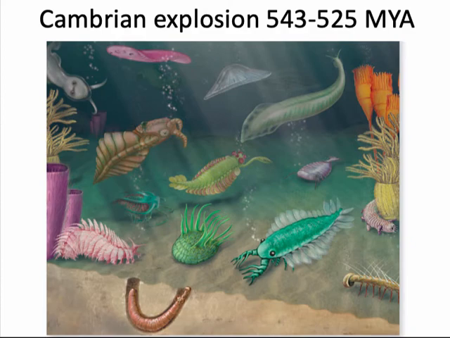One of them was enough oxygen accumulated in the atmosphere to support larger organisms that would have higher energetic demands. Another thing that was necessary for this increase in diversity was the ability to control development so that you could produce a variety of body plans. This needed the evolution of developmental genes that could control animal development, and a small change in those developmental genes could result in a large change in the body plan of organisms. So those things had to be in place for this increase in diversity to happen.